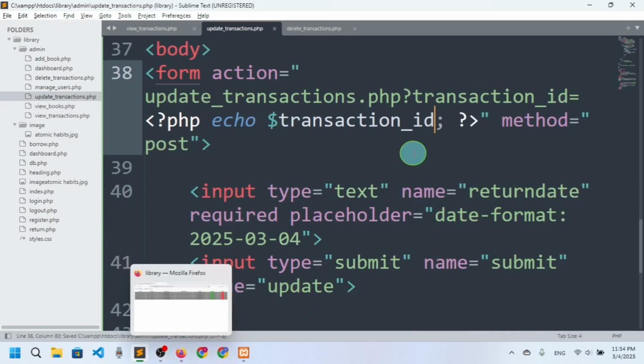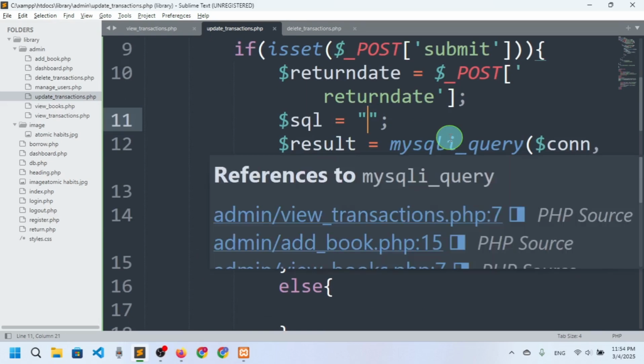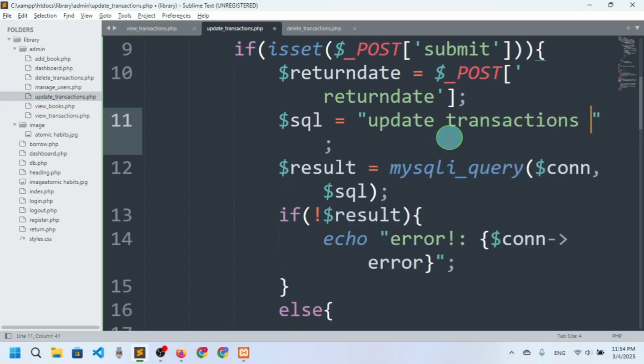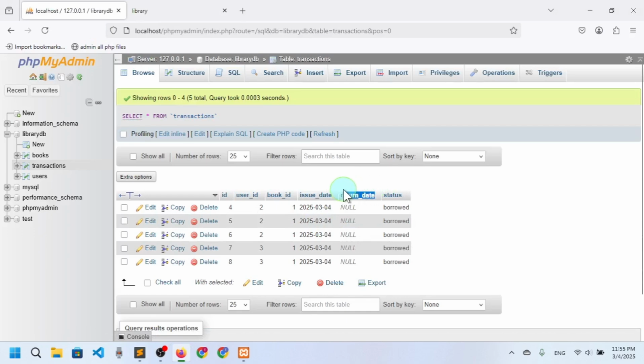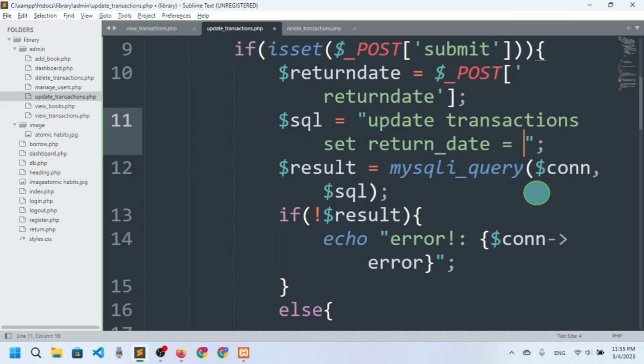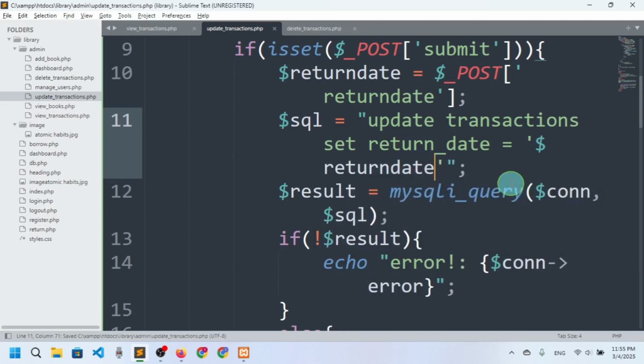And let's check if it is working or not. So here we just have to update the table, right? So I will say here update the table. So the table name is transactions set. So let me just copy it. I'll say set return date is equal to the dollar return date. Okay, and we'll say where